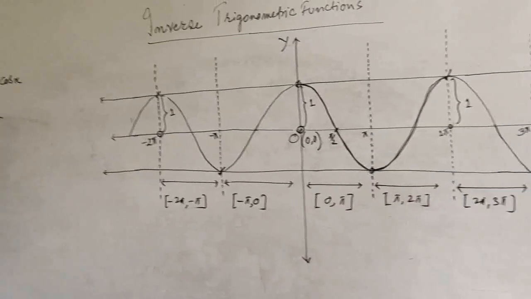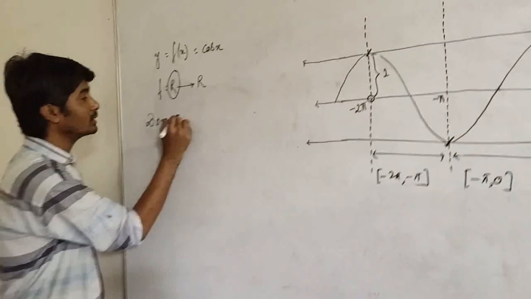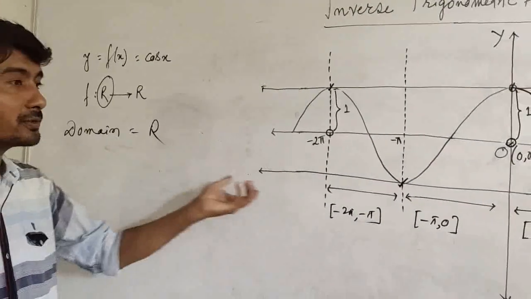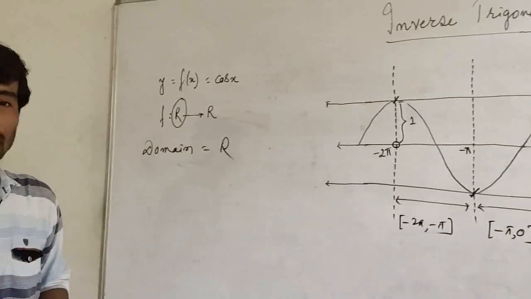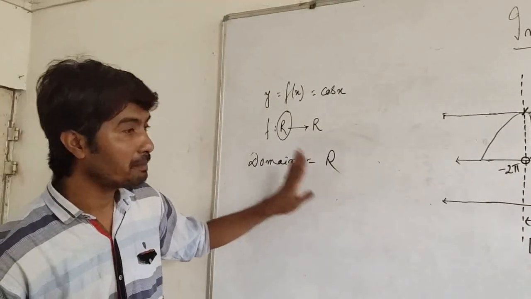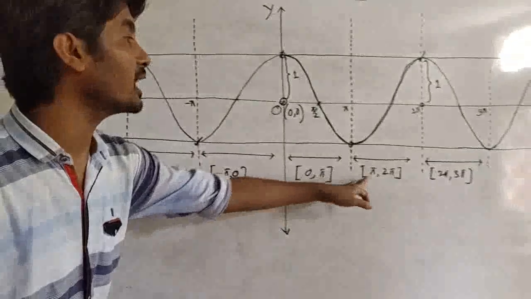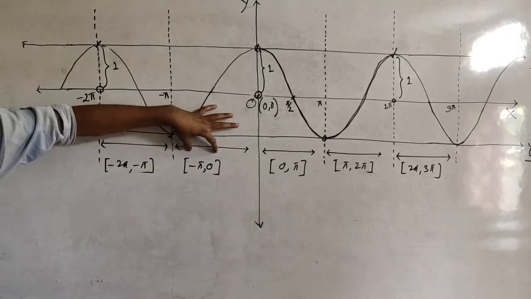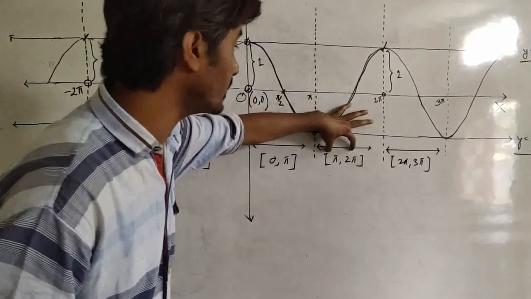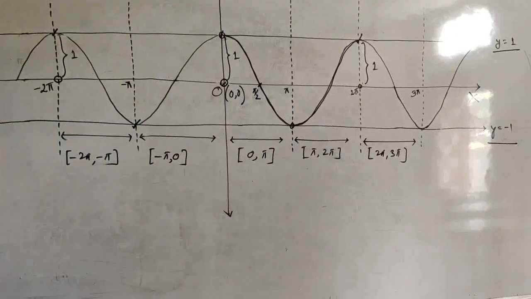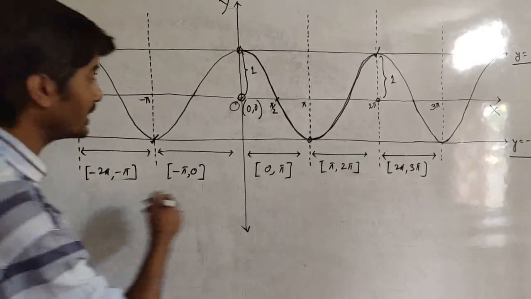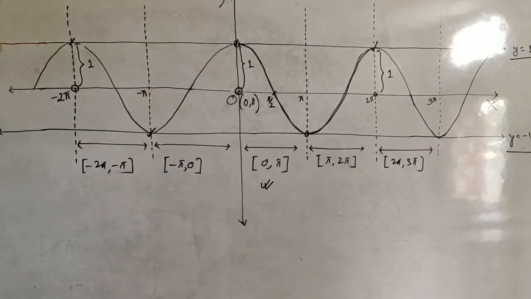Replace, you see originally our domain is R. Now my objective is to make this function 1-1. How will I do so? I will replace the domain by any one of these sub intervals. I may replace R by this interval, or by this interval, or by this interval, or by this one, or by this one, and so on. In general, we replace the domain R by this interval 0 to π. So what we are doing here: